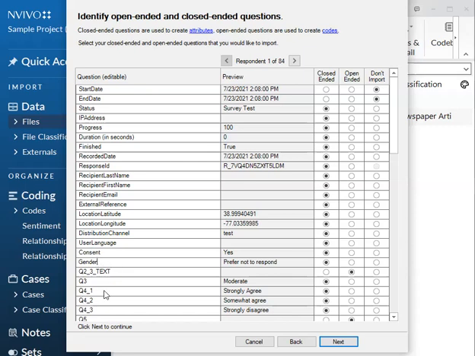So you will want to go through and change those to something that is more descriptive, if that is helpful for you in your analysis or when you'll be selecting variables to visualize in your data. It'll just be easier for that selection to happen if you know what each of those questions are.